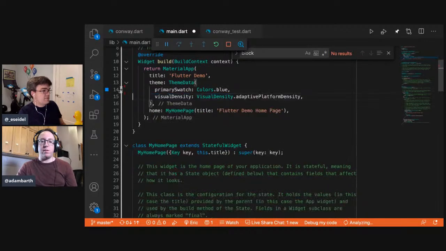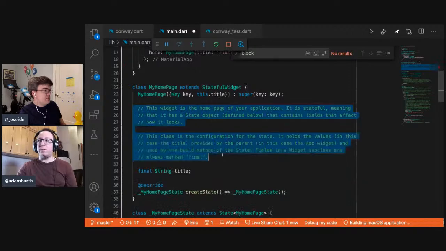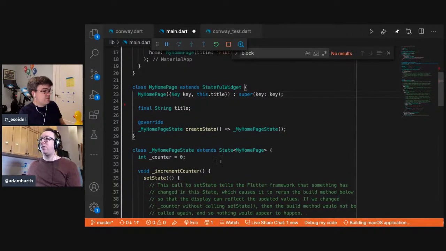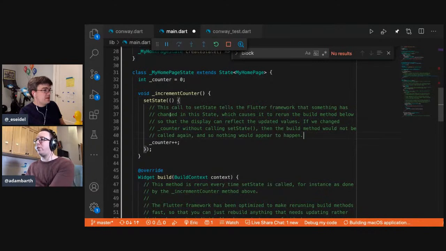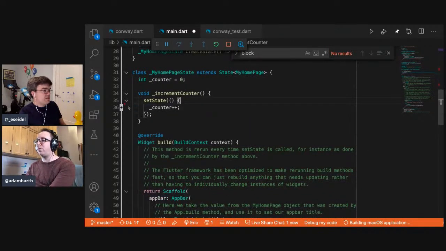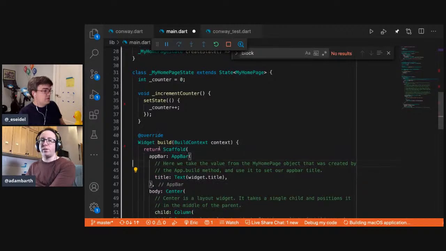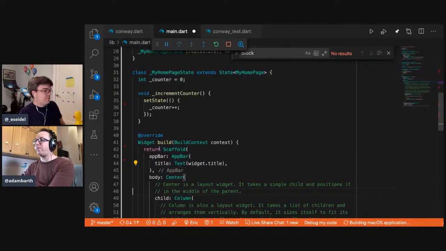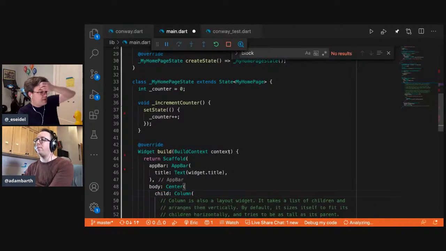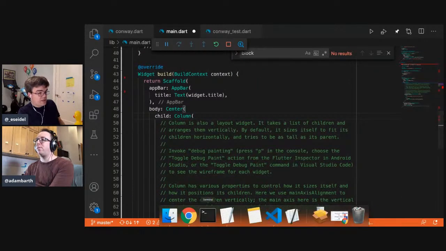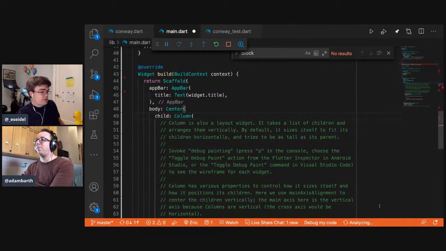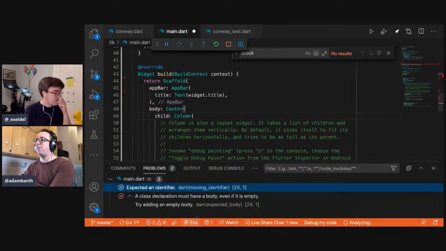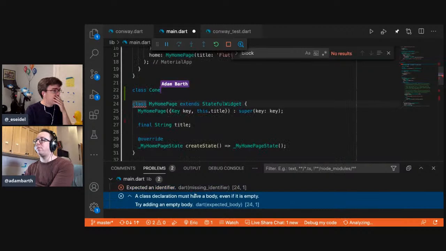I'm going to start deleting some comments here. Do you want to just type custom painter from scratch ourselves? Sure. Or do we need to copy what we started from, or copy our last project? I could just type it ourselves. Let's see. The first step is to, well, let's see if this got running. It is not yet running. We had some errors. Class declaration must have a body, even if empty. Oh.